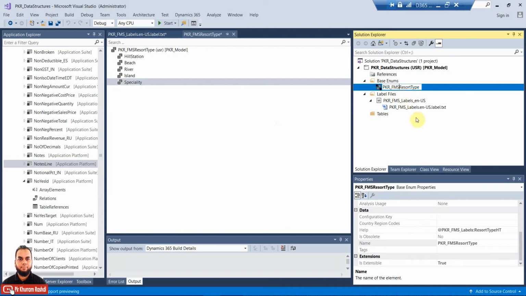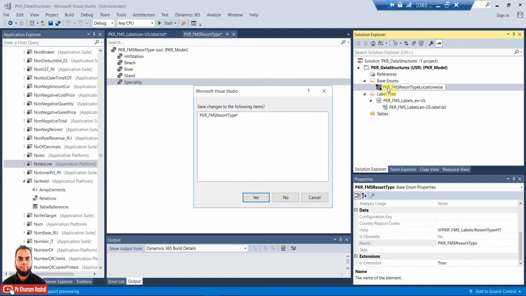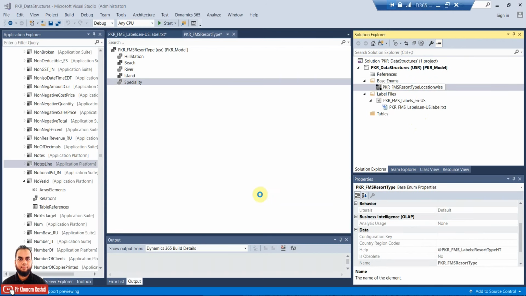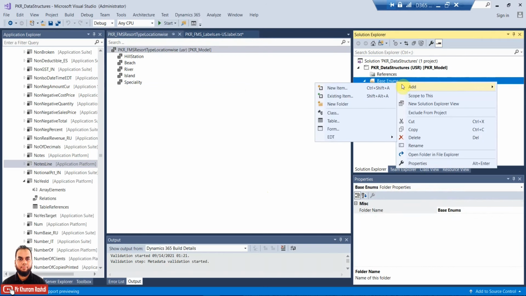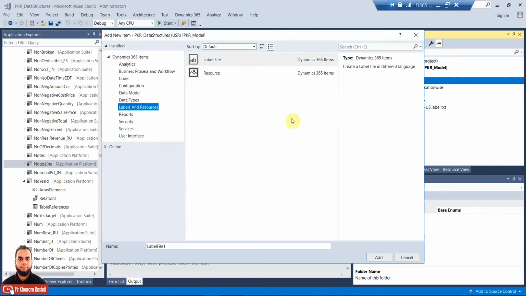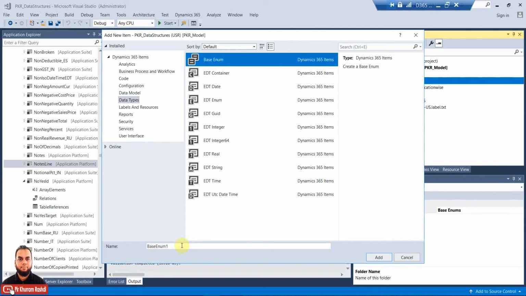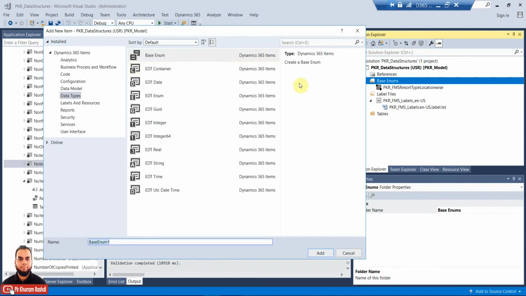Like we can give it the name resort type location wise. And then we can add the new item. Just go ahead and in the data type you can select base enum and put a name.